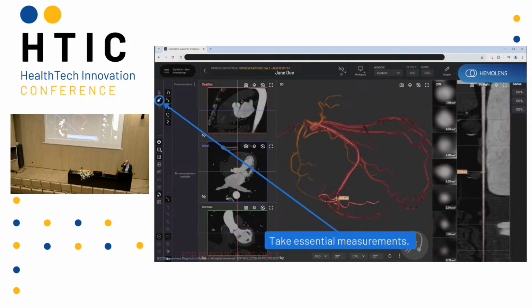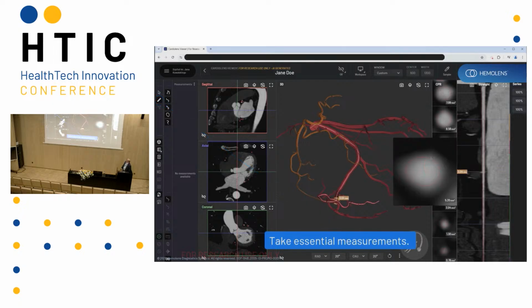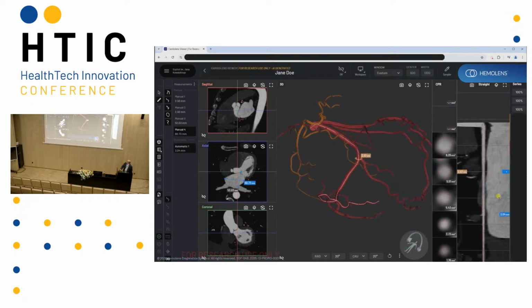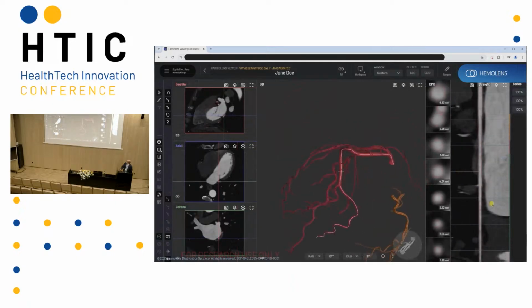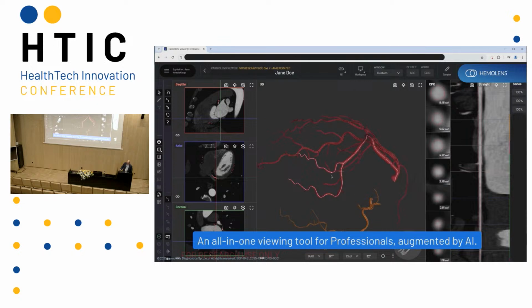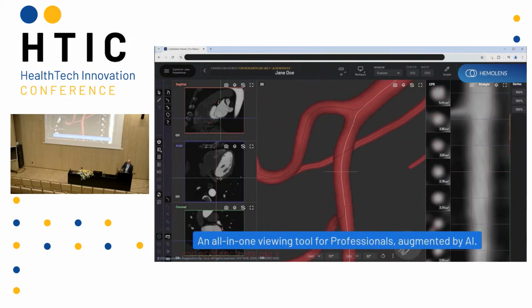In the end, we can, of course, take standard measurements like diameters or whichever measurement a doctor can imagine with those simple tools. On any part of the screen you can use it. And finally, we can produce a report, and I think it will be shown in a moment. So that's the entry-level product that can help to analyze pre-segmented arteries.